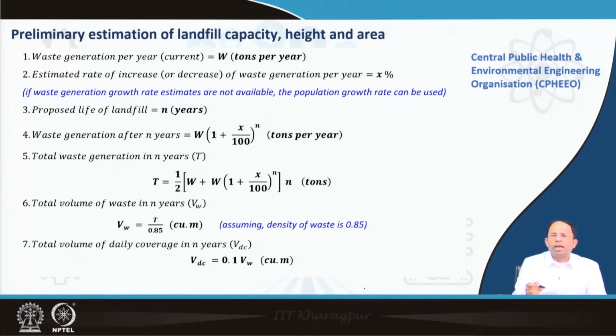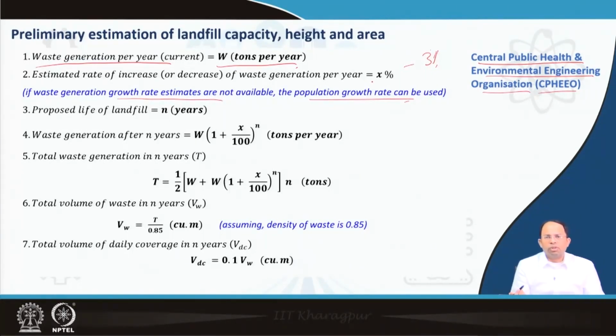To do that, we have to follow certain steps. These steps are given by the Central Public Health and Environmental Engineering Organization, CPHEEO. First, we have to determine the waste generation for the current year, in tons per year, for this particular urban area. Then we can assume the rate of increase of this waste, which could be 3%, 4%, whatever the case may be. In case this waste generation growth rate estimate is not there, the population growth rate can be utilized. Now, as you can understand, with more population more waste will be formed,